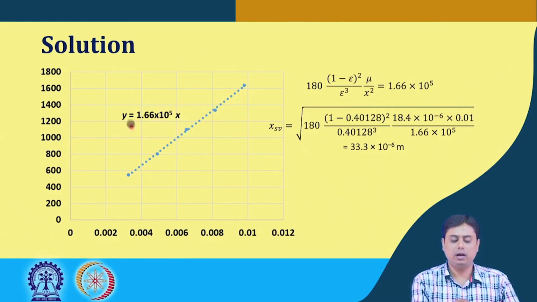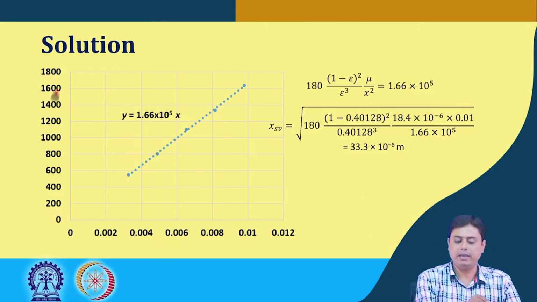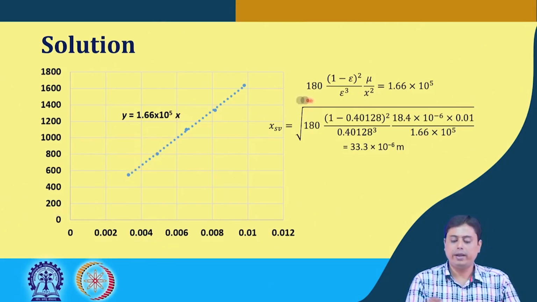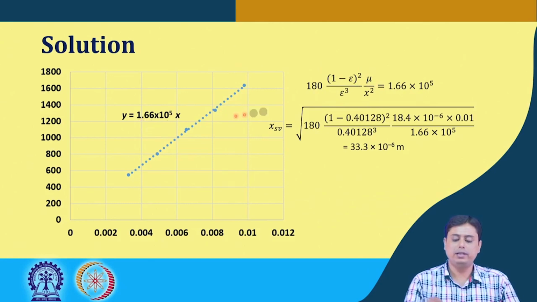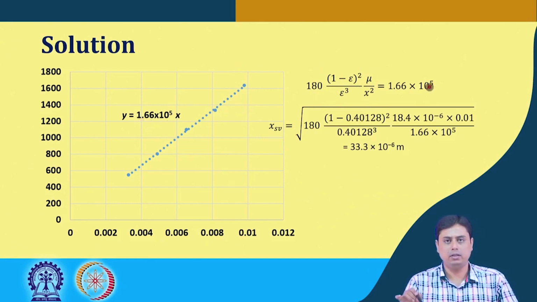This is nothing but where y is del P by L and x is the superficial velocity. So, we find that this is the expression for the slope of that line, which equals 1.66 into 10 to the power 5,